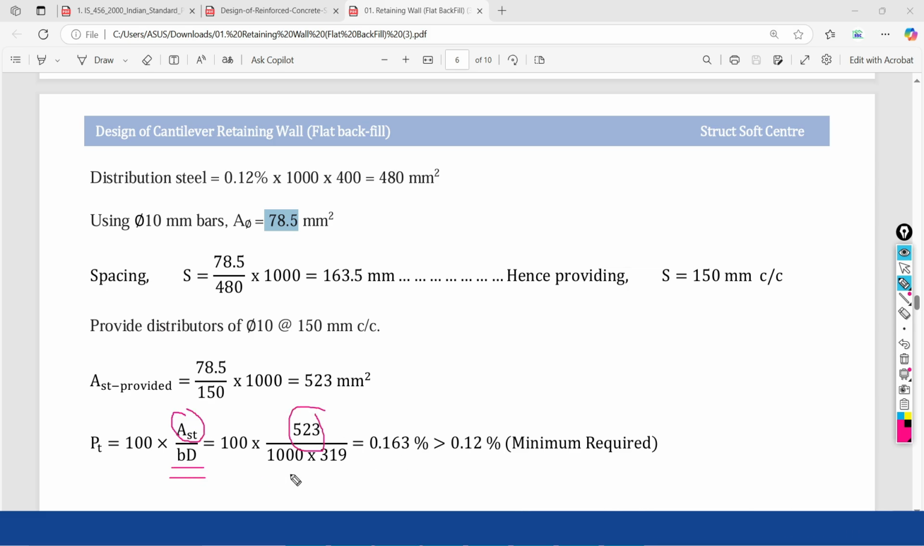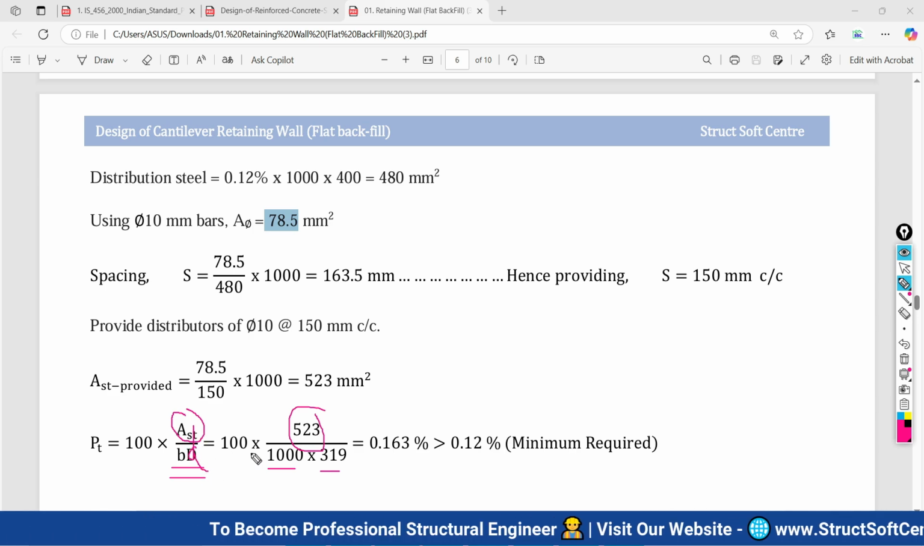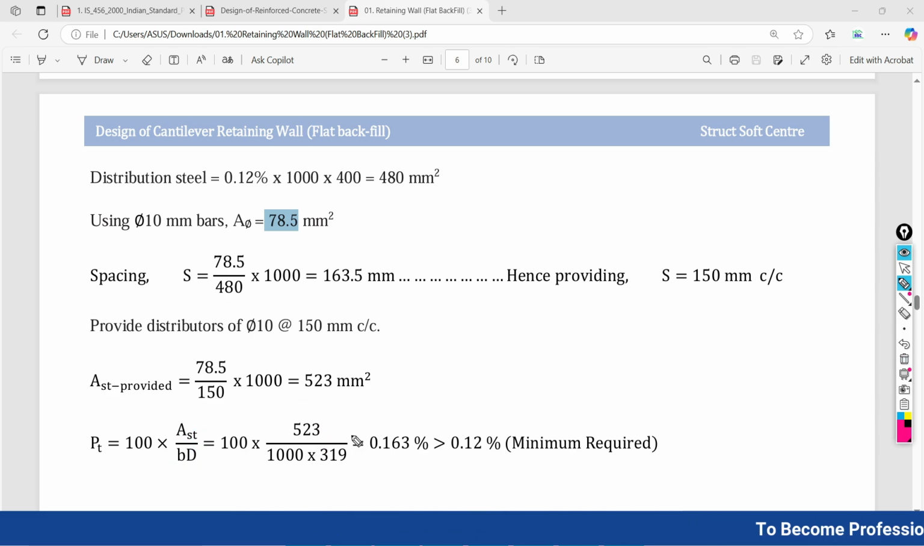So 523 divided by 1 meter, 1000 mm, and 319 here it is written, or you can write effective depth, also you can take. So as of now here it is taken as what? Effective depth. Both are okay. There will be slight change, so acceptable. 319. So after doing this calculation we will come to know 0.163 percentage, which is greater than your minimum